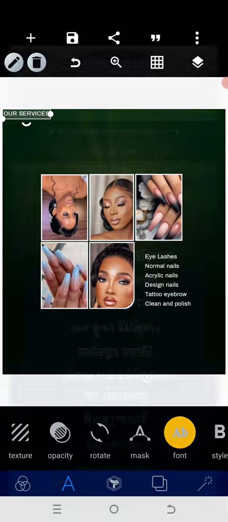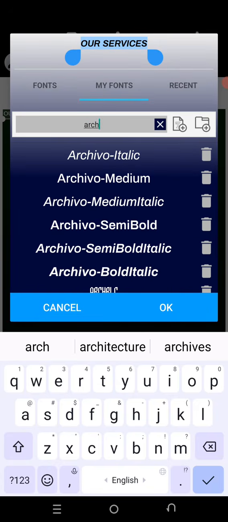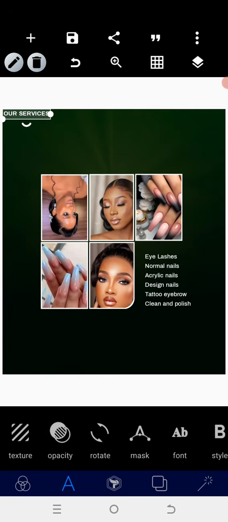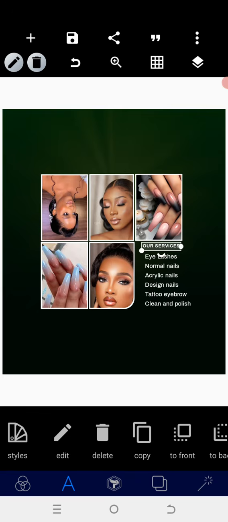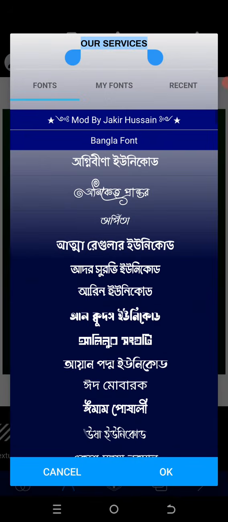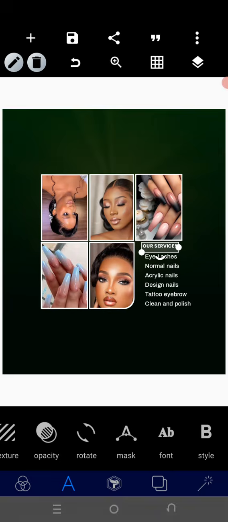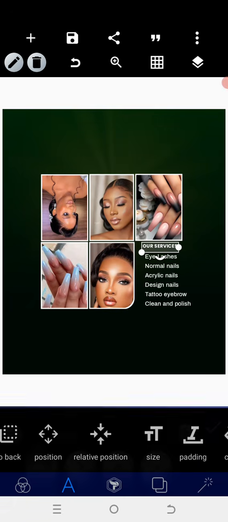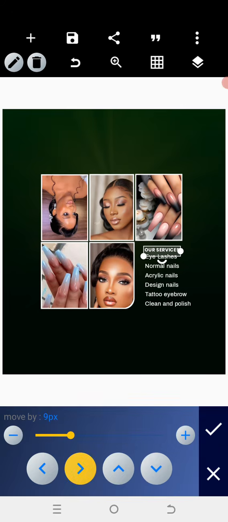Then heading back to your font, we are going to maintain Archivo since it's a family font, so we use the bold one this time instead of the medium. So we are going to position that here. Okay, then you can reduce the size and work a small bit around there to make it look cool. So now bring it down, and if we want it to stand out more, you can try to use a Poppins bold font, so that it can give you what you actually wanted. So we have this,